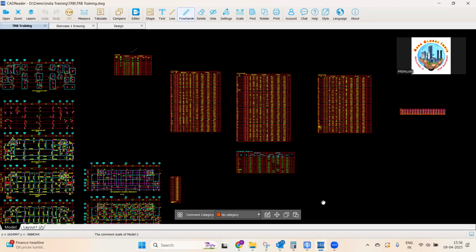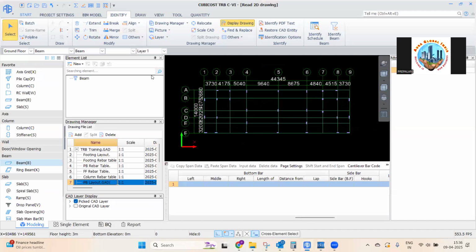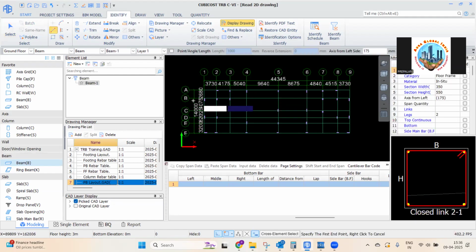So how is the software actually working? If I'm making any rectangular beam, and it is a simple beam, I can fill the rebar information here. Some top 3T20 plus 2T10 like that. Again here, bottom I can set it like this. If it is a simple beam. But if you're having a beam rebar something like that, then really how the